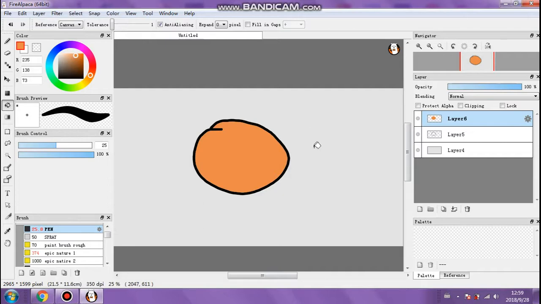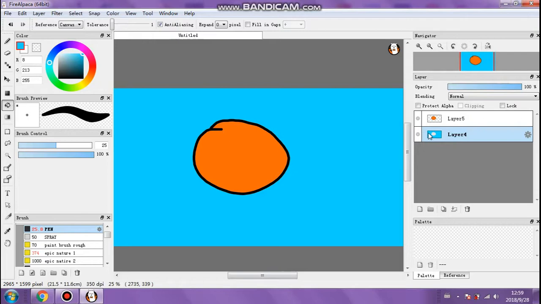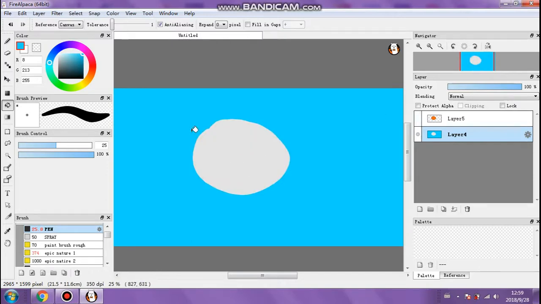And you may not want to do that. You may want to color the whole thing, whether it's a lower layer or an above layer. Let's say we're going to color this sky blue. So we have an orange thing here, and I want to have a blue sky. If I click blue, watch what happens. It goes around. But if I turn the visibility off for this layer, this orange or whatever it is,